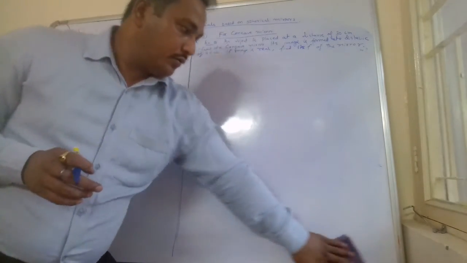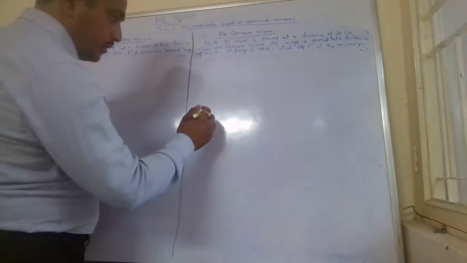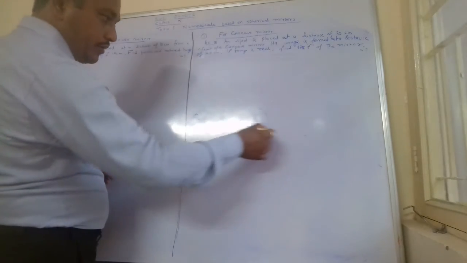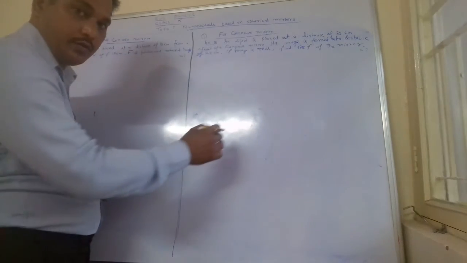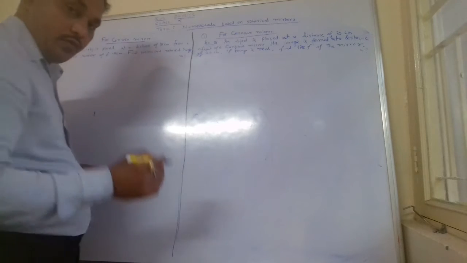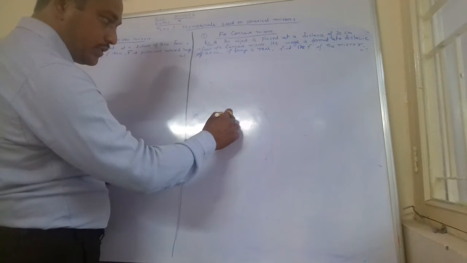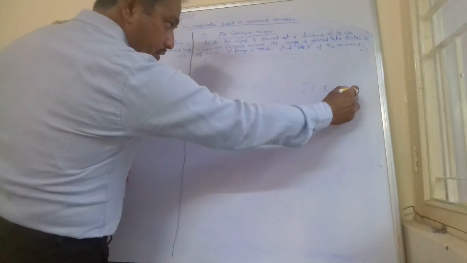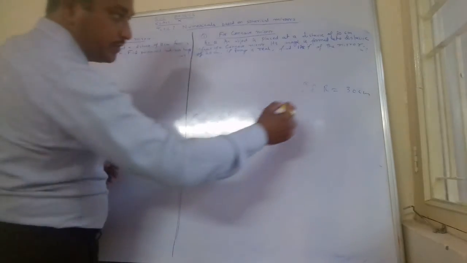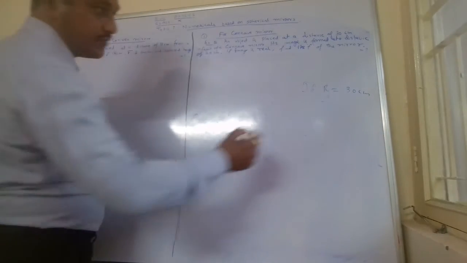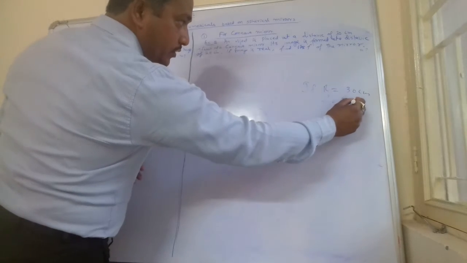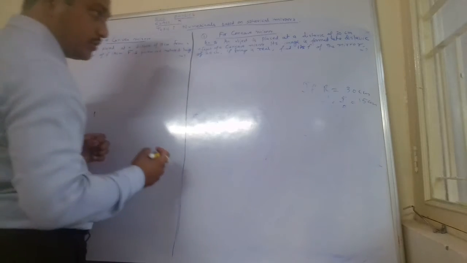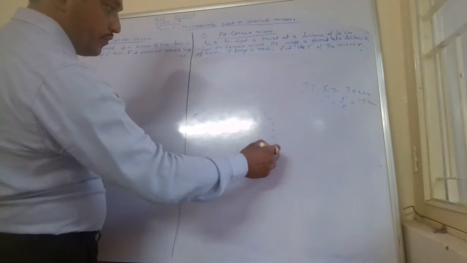Now, if any small question is there, for example, for concave mirror, if it is given that how much is the focal length if radius of curvature is given. If radius of curvature is given 30 centimeter, how much will be its focal length? f is equal to r by 2. You are aware that it is half, so it will become 15 centimeter. See, these are the basic small short questions that you can easily solve for concave mirror.